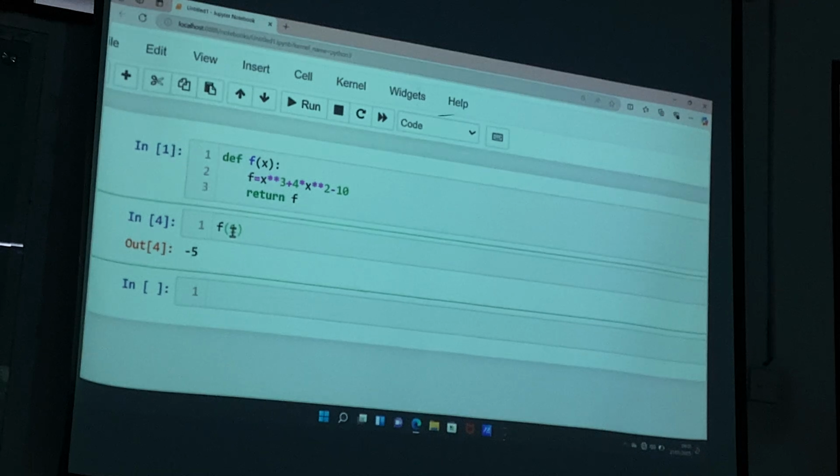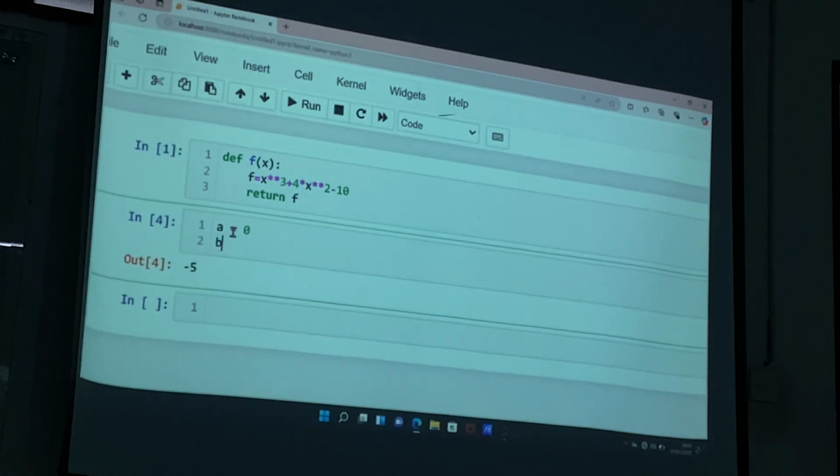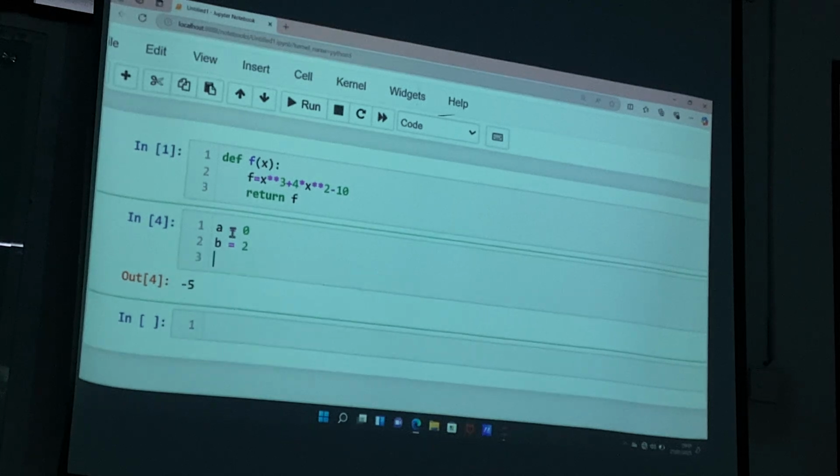Now the next step, you can check the algorithm. The algorithm said that we need to input A and B first. Later on, we'll find A and B automatically. But in this case, let us define it. So we have A is 0 at first, and then B is 2. And what is the formula of P? Let us define A is 0, B is 2.